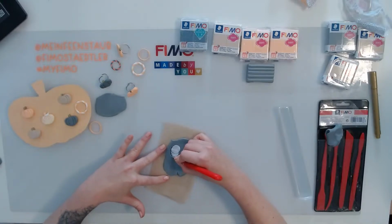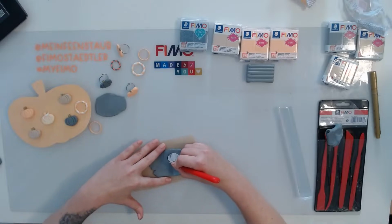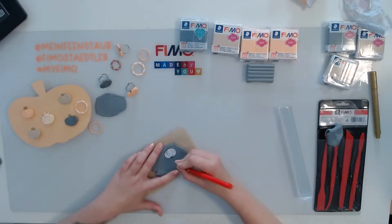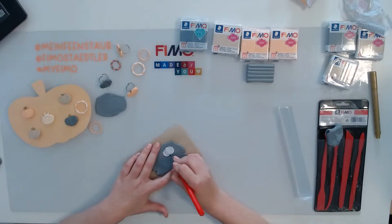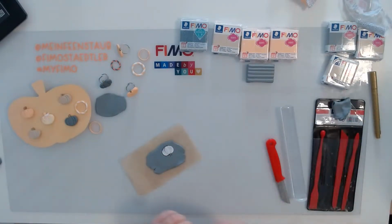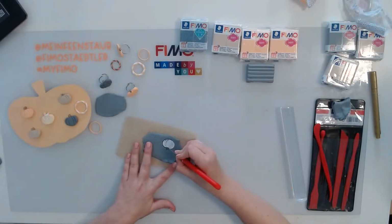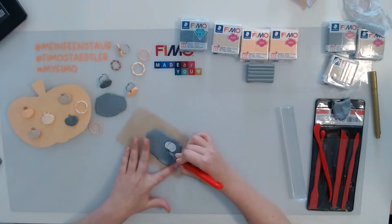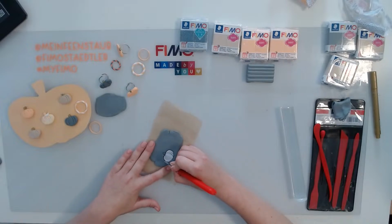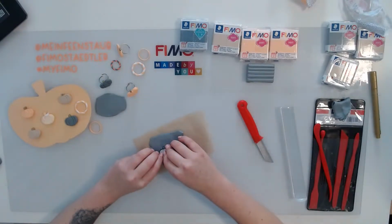It's super easy if you just spin the baking paper around. Okay. Here I need the pumpkin stem. Not forgetting it. So I will connect these two and cut it out. First, you cut it out roughly, so don't worry if it doesn't turn out perfect in the first step, because we will use the modeling tools